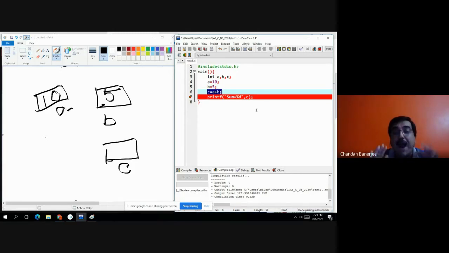Each and every part you have to assemble in a proper position, in a proper way. C: A plus B will be added and assigned to C. Don't write A plus B equals C. I have already discussed, that will be wrong. So A plus B will be added and assigned to C.